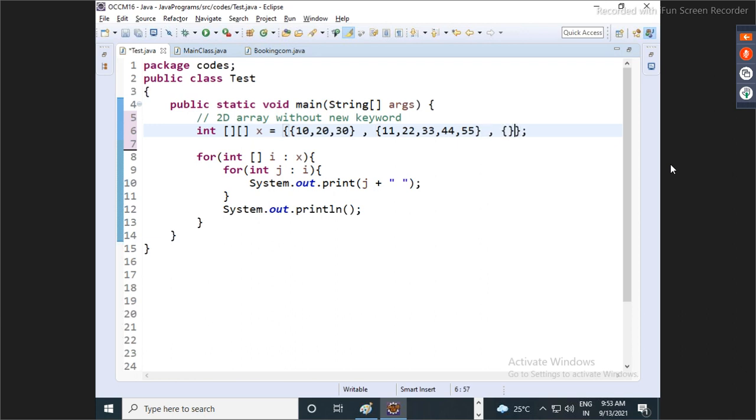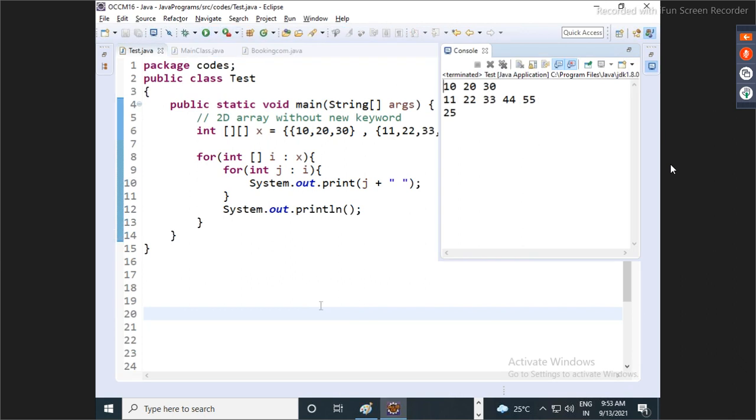Let's say I have one more, only 25. Possible, na? So this is nothing but a two-dimensional array. And if we are fetching the data, the rest of the thing is the same. Obviously, this is without new, so the default value concept is not there. Whatever value you give, that value will be there.